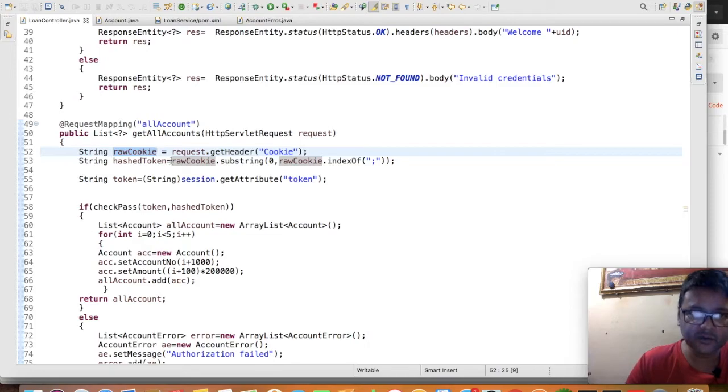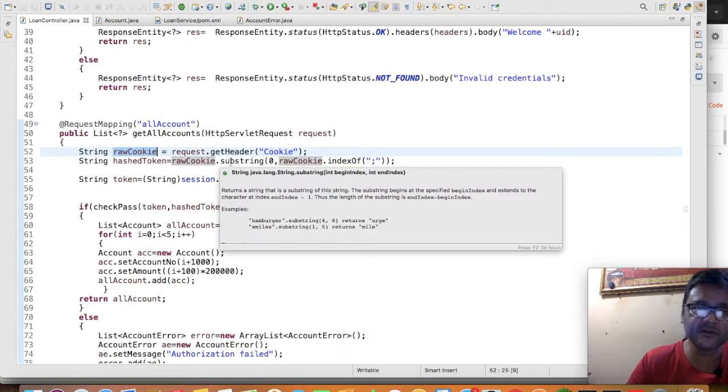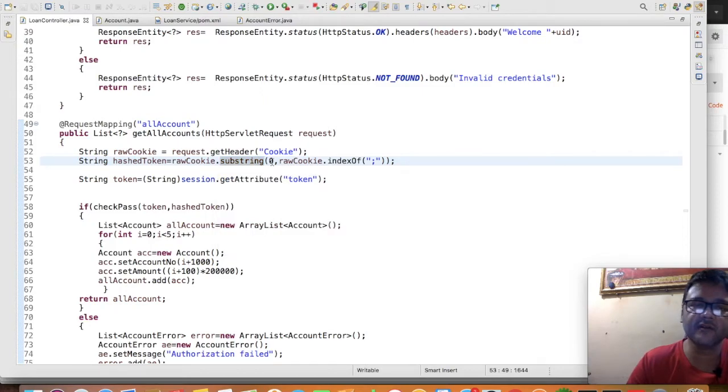To split it, I have used the substring method. It will start from index 0 and find the first index of semicolon, because every header variable value set is separated by semicolon. So at the first semicolon, it will give us the token which the user has provided as the cookie.